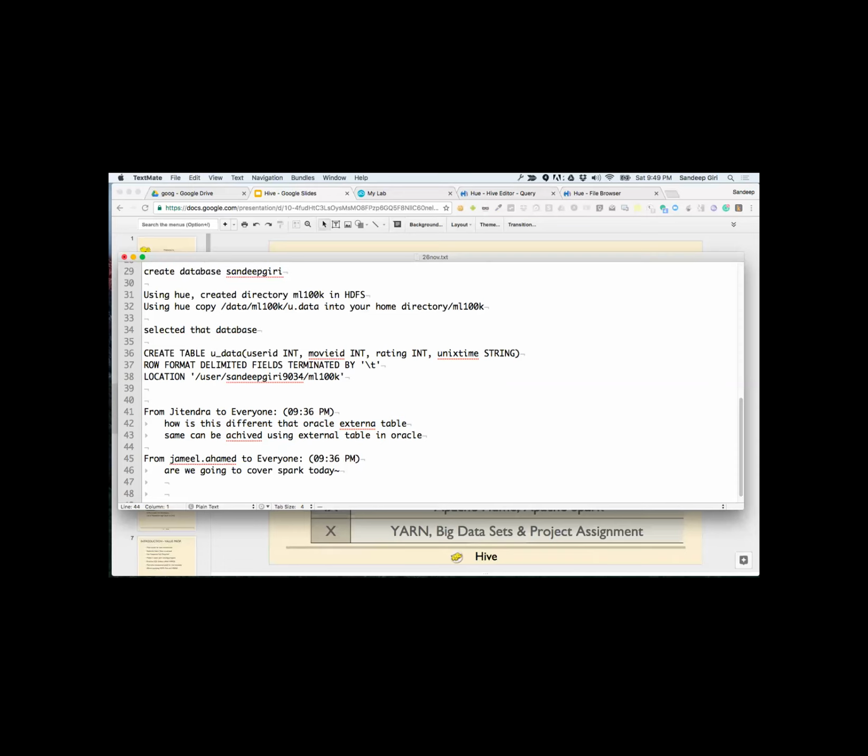Therefore that kind of data should generally be handled with distributed computing. So if you have terabytes of data, it's better to run it on a cluster than using a single computer with Oracle or anything else. Does it make sense, Jitendra?